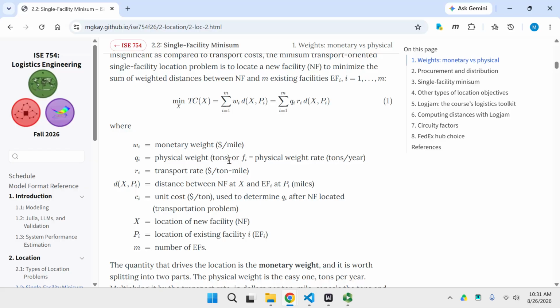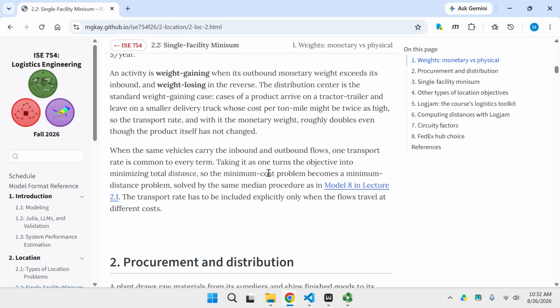And then multiplying times tons, the tons cancel out, so we're left with a monetary weight. So the physical weight times the transport rate gives you the monetary weight. The monetary weight is really just a shortcut for not having to talk about both of these separately. In terms of terminology, an activity is called weight gaining or weight losing in terms of its monetary weight